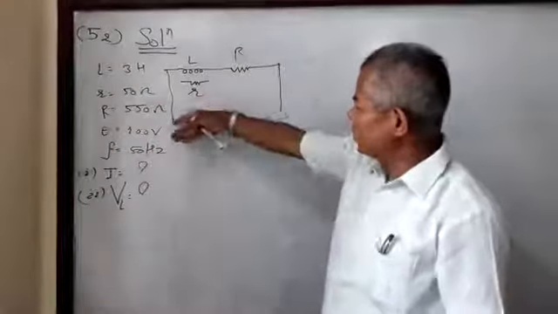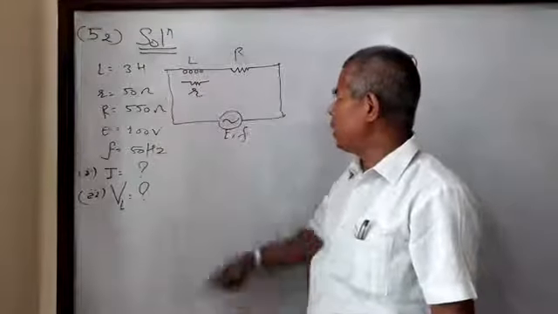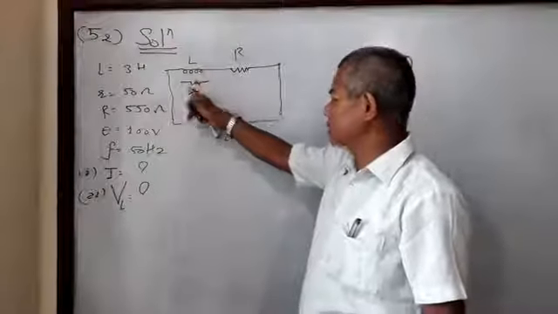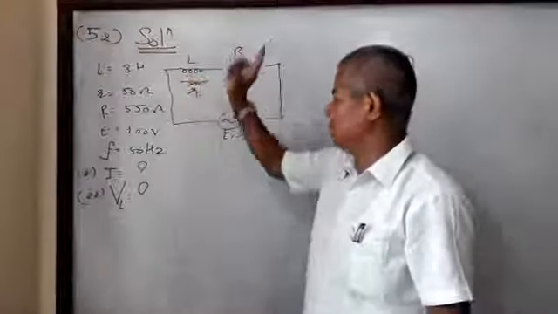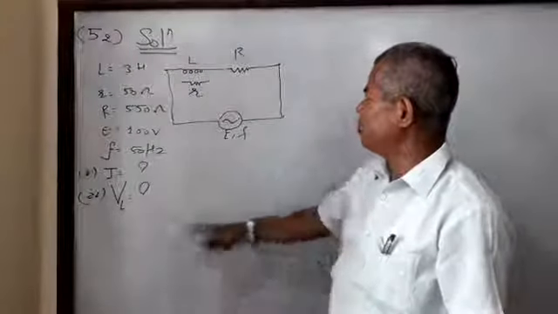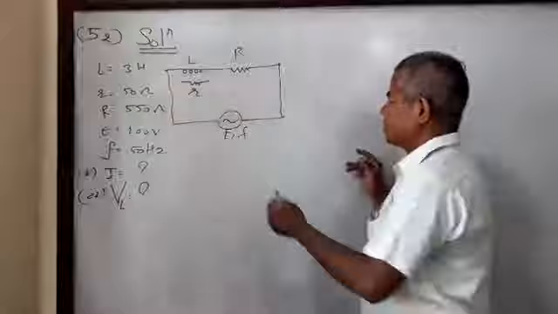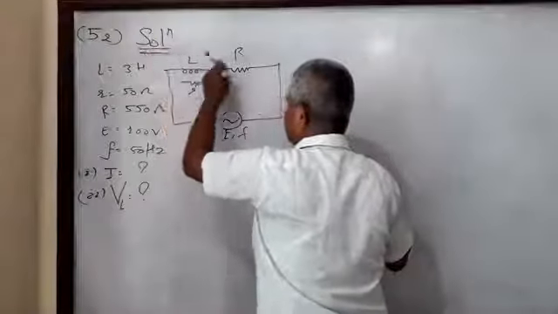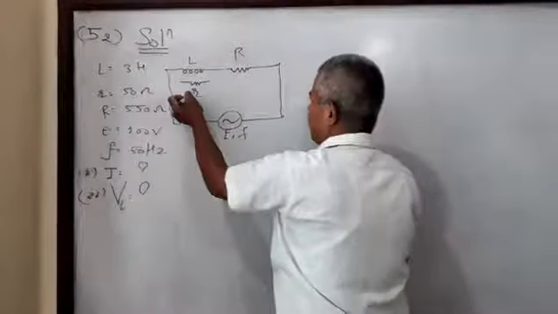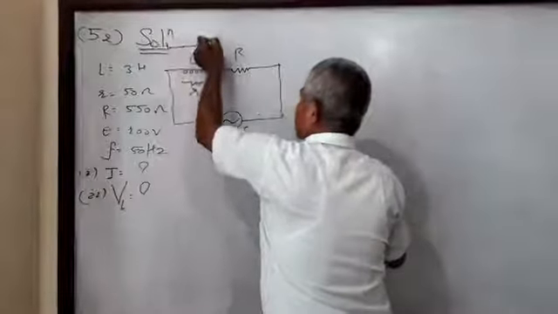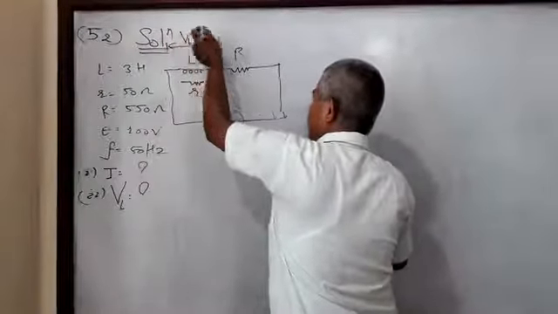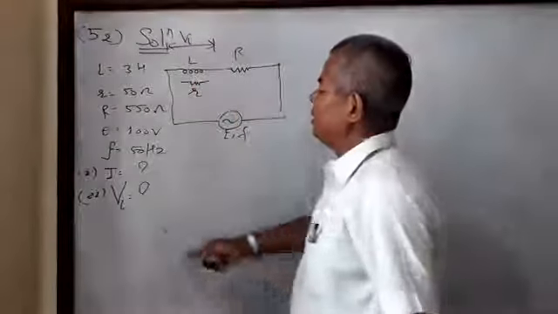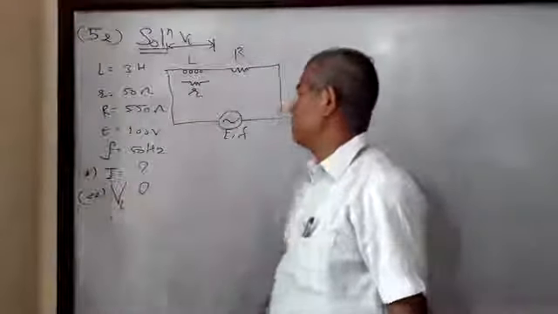Then using this data we have to find the current in the coil, means current in the circuit. Current in the coil is the current flowing in the circuit actually. And the second part is the voltage across the coil, means VL. We don't need VR, only VL, the potential developed across the inductor. The second part is VL in volts, the first part is current in amperes.